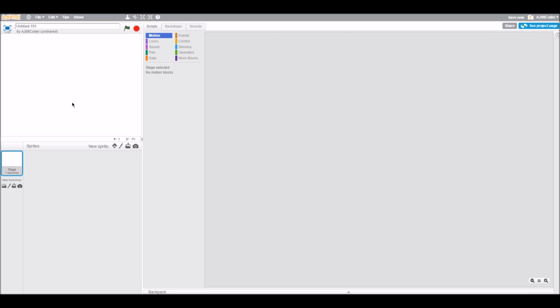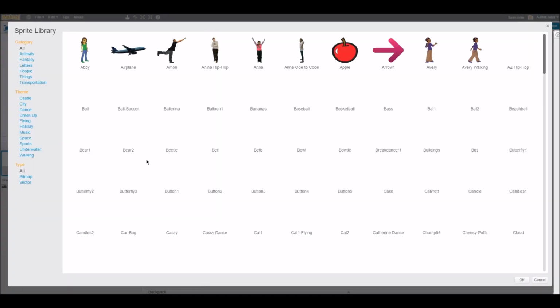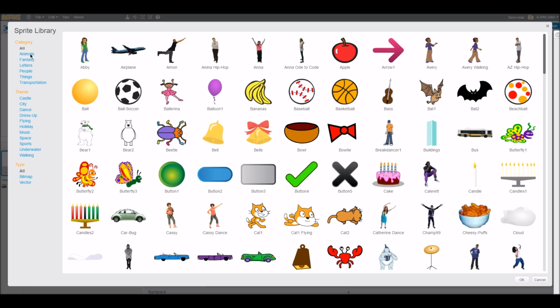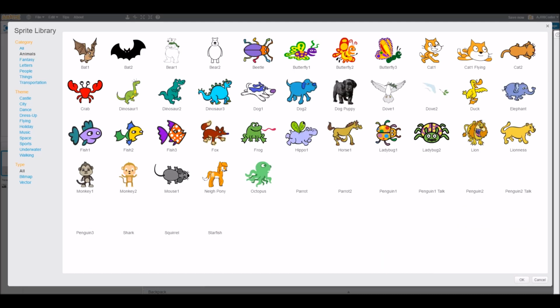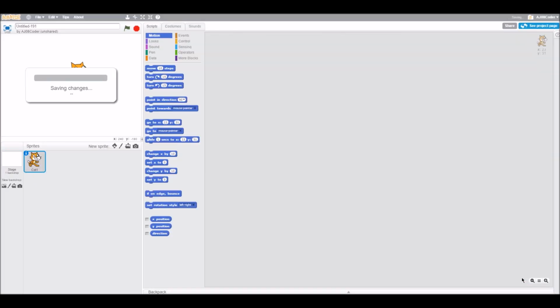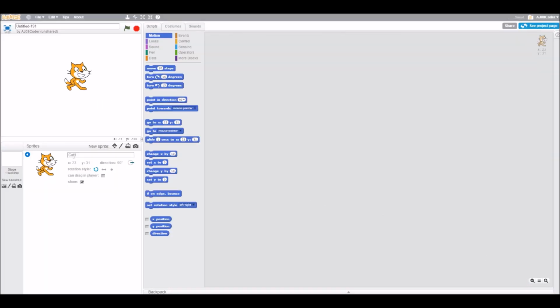So now what we want to do is actually get a sprite. I'm going to choose the cat for now. It's really laggy. So the cat is here. So I got the cat. I'm going to call this cat without the one because that just looks weird. So first we want to shrink this by grabbing the shrink tool up here and clicking it,